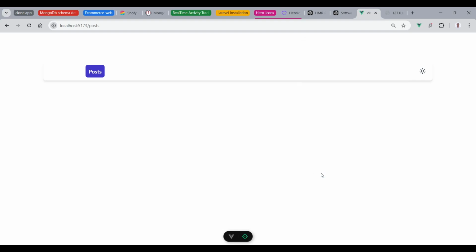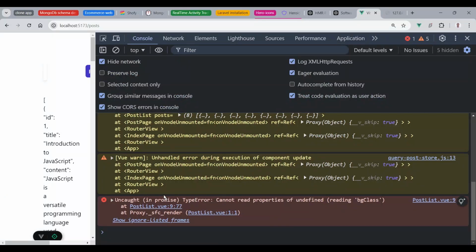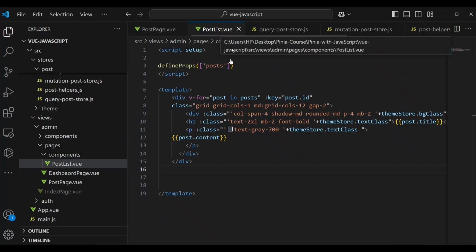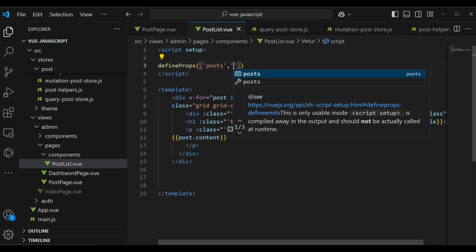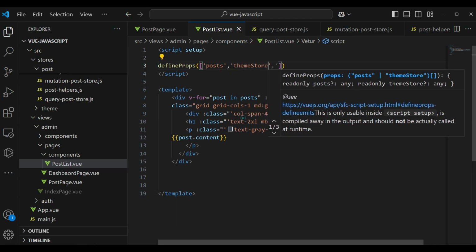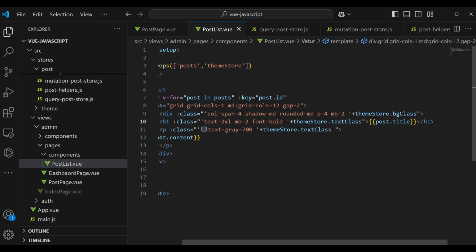I'm going to get into the console, and you can see we got an error inside the PostList Vue component. Now we're going to pass another property to the PostList Vue component. Pass here another prop, which is the themeStore like this. You can see we are getting access to the text class and to the BG class,